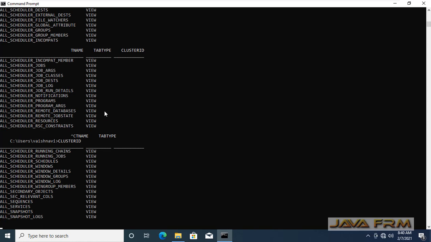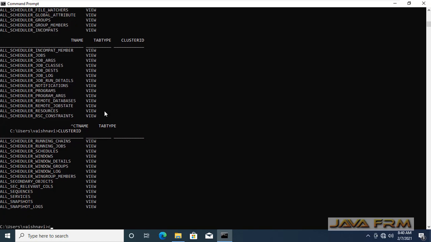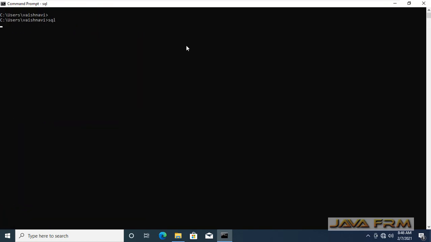Now next we are going to connect as a pluggable database user. This is the syntax for connecting a pluggable database user. PDB admin is the default user available in the Express Edition database. This is the syntax used to connect the PDB admin, which is available by default.